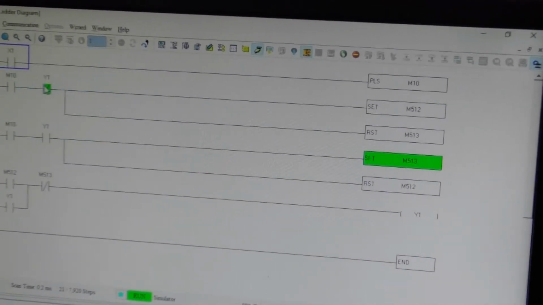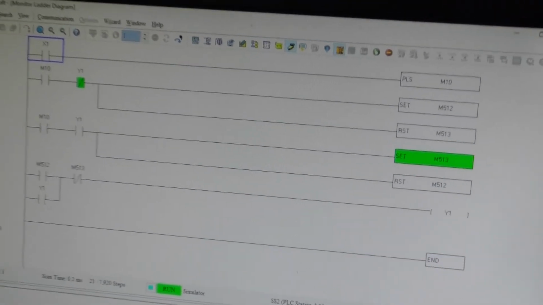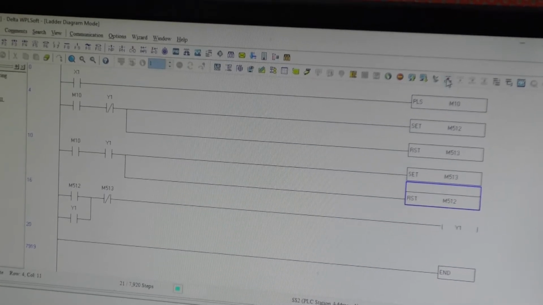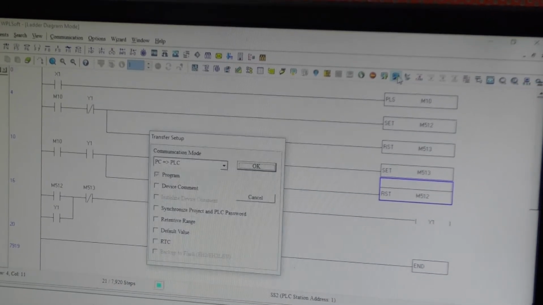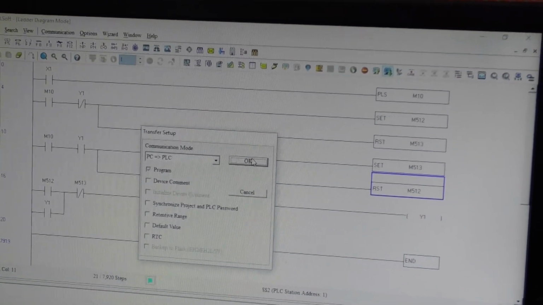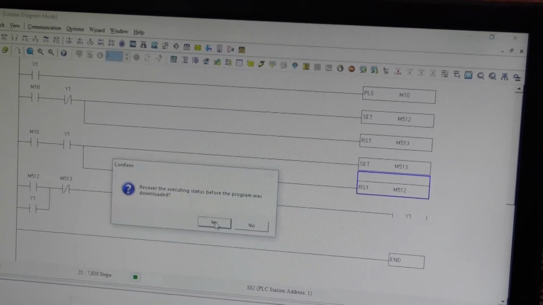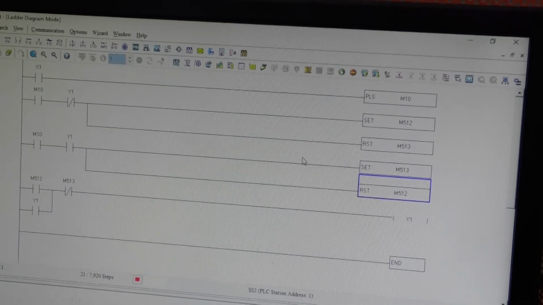So this is the third example of your first experiment. So similarly, we'll do it in hardware. Just compile and dump the program to the PLC. Okay.